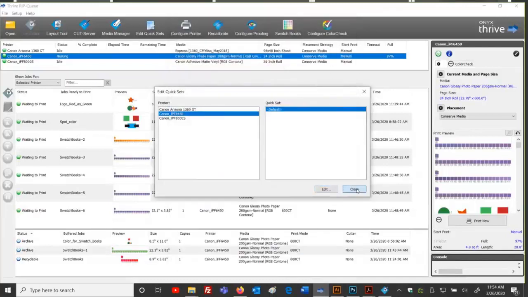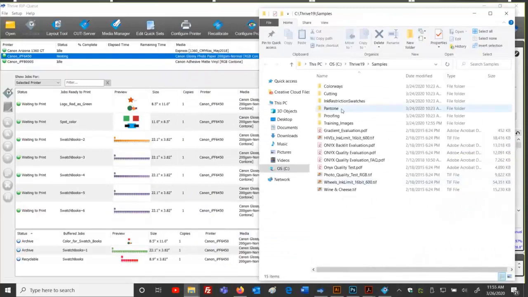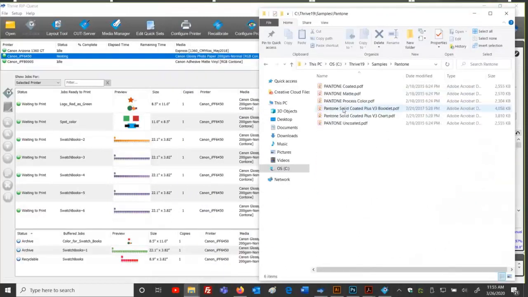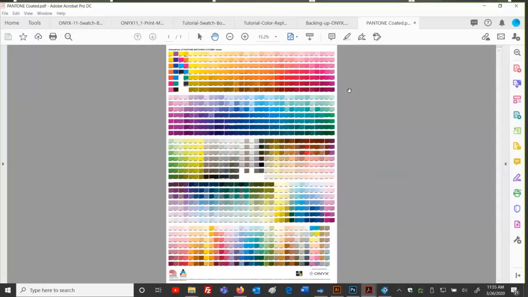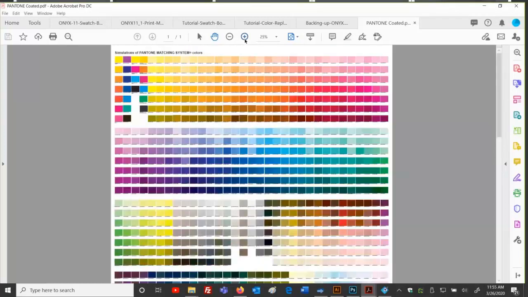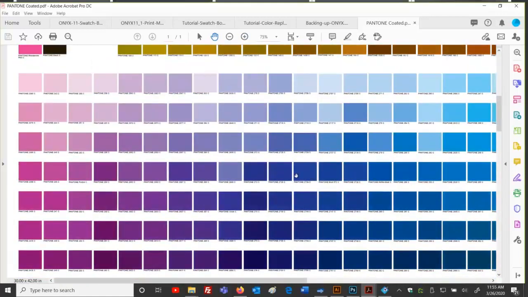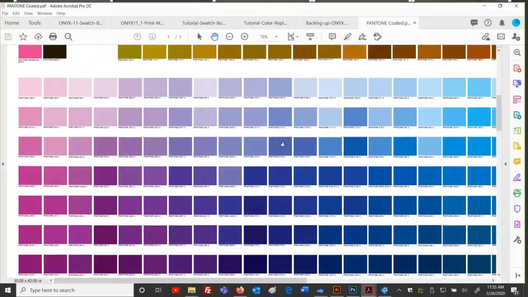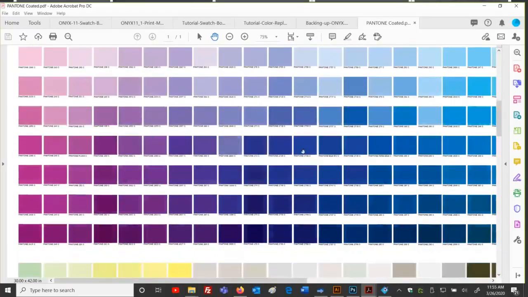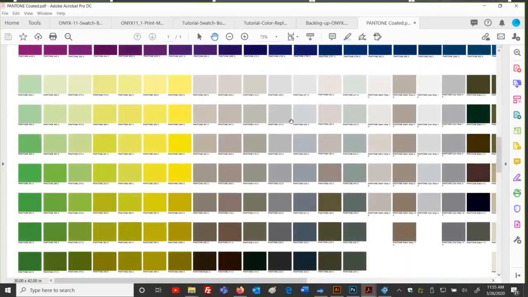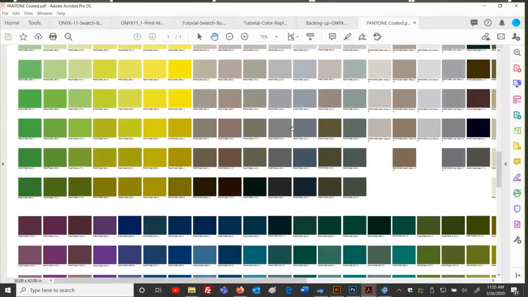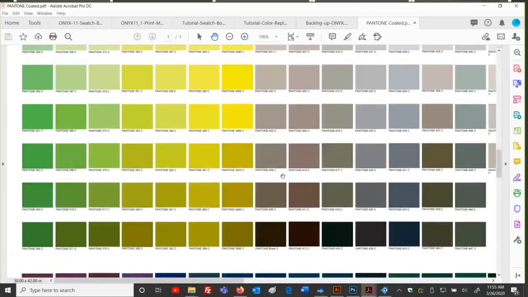And I want to remind you guys, too, in the samples folder, we've got a Pantone folder, and we do have a series of different Pantone charts in here. They're 30 by 42 inches. After you get your printer in good shape and you calibrate and make sure all your nozzles are firing, you do a cleaning cycle, maybe you create your own media profile, you can always print this Pantone chart and then compare your Pantone colors to the Pantone book. And if any of these are not matching, you can perform swatch books on them. Type in the name in our library with the spot color data, and it's going to call up that library and the color.